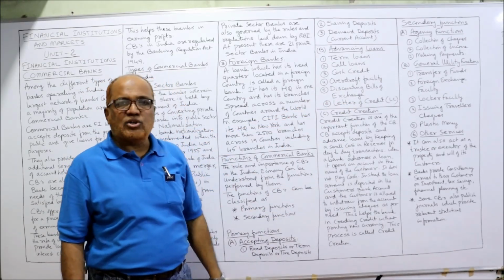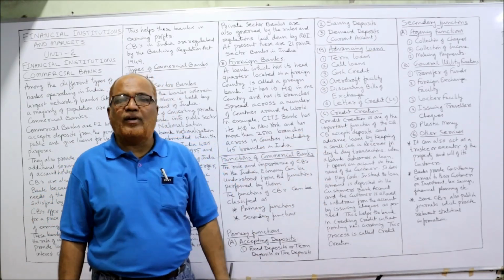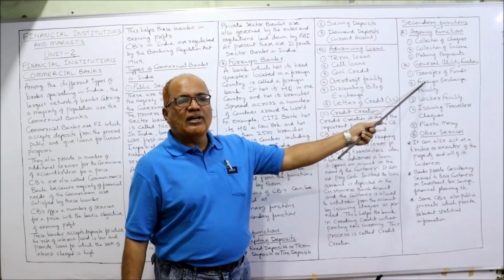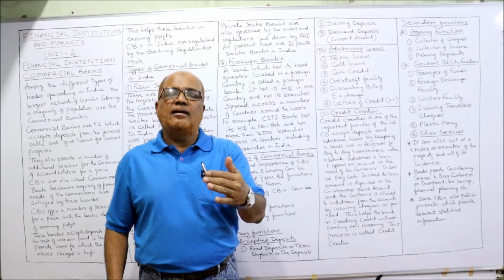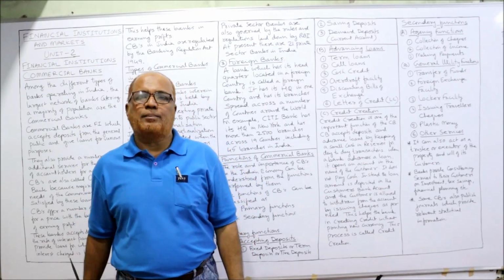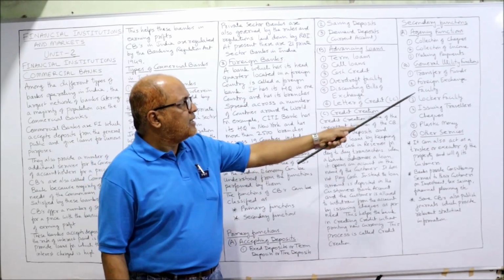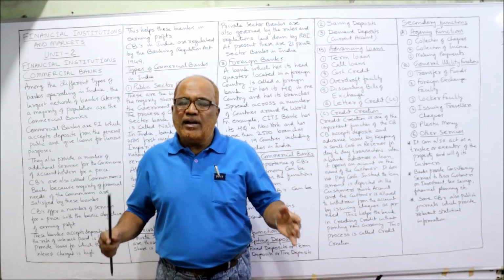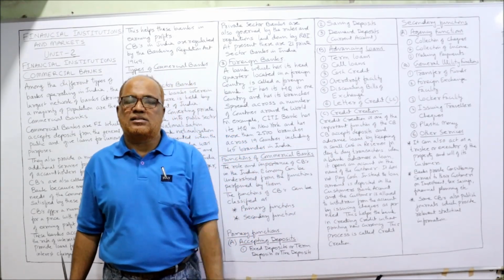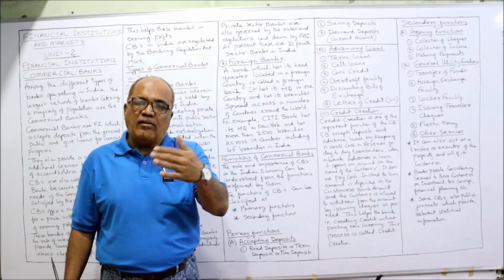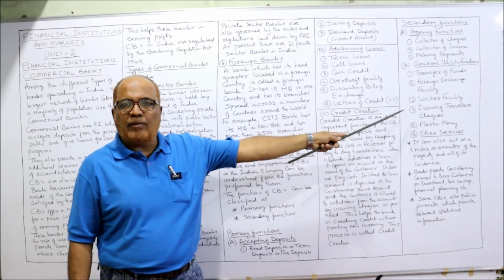Similarly, general utility functions. These functions are provided by the banker to everyone. The first general utility function is transfer of funds. These commercial banks will help the customer in transferring funds from one place to another through demand draft, DD, or telegraphic transfer like that. Second, foreign exchange facility. Nowadays, many commercial banks are giving the facility to the customer for converting foreign currency. The foreign currency can be converted into home currency or home currency into foreign currency with the help of commercial